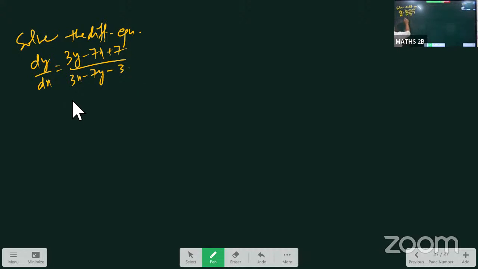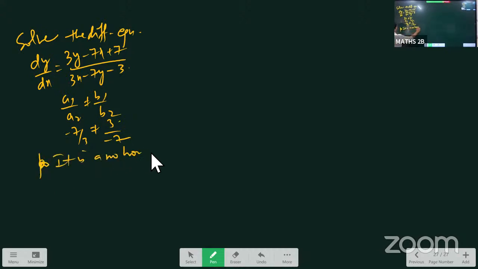Here, definitely a1 by a2 is not equal to b1 by b2. Right? a1 by a2 is minus 7 by 3. Minus 7 by 3 is not equal to 3 by minus 7. So definitely it is non-homogeneous. For that, what am I going to do? Moreover, it is having constants also, no? So definitely it is not a homogeneous one. Now,